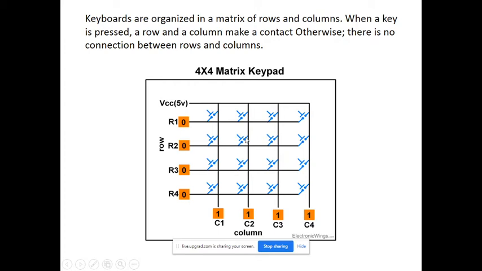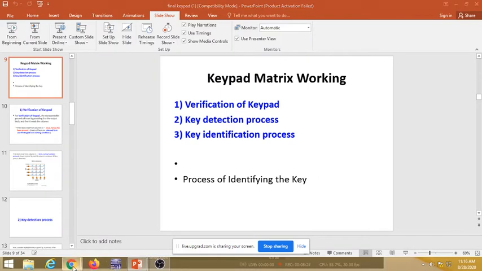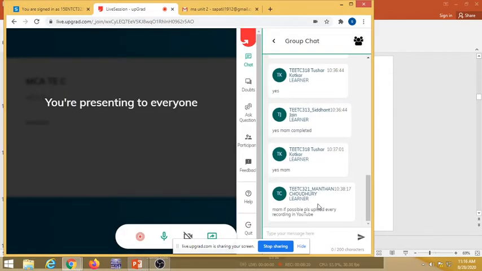That 0 comes to this point, and that's why C2 becomes 0, which indicates that one key in C2 is faulty. So we check whether our keypad is in running condition by taking the column input as all ones. Once all are 1, we confirm that all keys are in a release form. All of you agree for this? Just give me the input, then I will proceed to the next task.